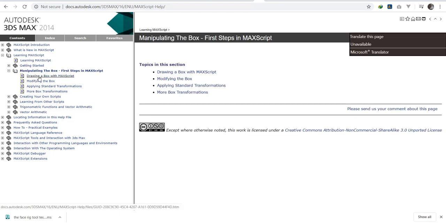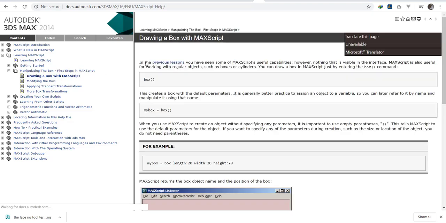All right, so we'll go through most of the quick things. To draw a box, they are telling us that in the previous lesson we have seen some MAXScript useful capabilities. However, nothing is visible in the scene yet. So what do we need to do? If we want to create a box, we use the box command. All right, so let's